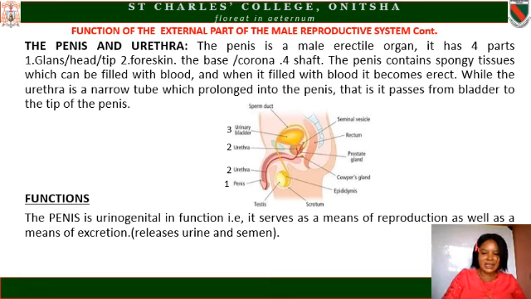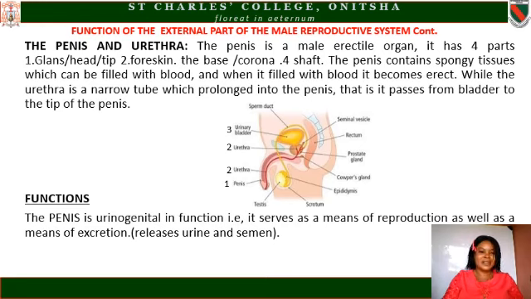Now, let's look at the structure. The arrow number 1 is the penis, while the arrow number 2 is the urethra, located at the center of the penis. Then, the other number 2 is where the urethra is connected with the urinary bladder.